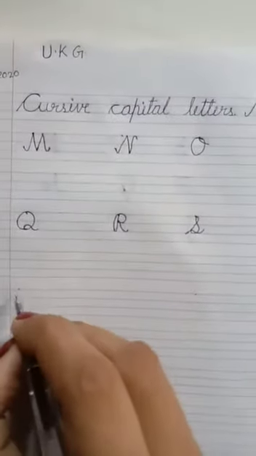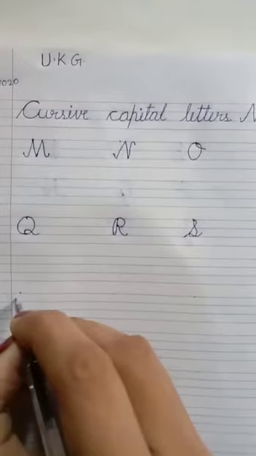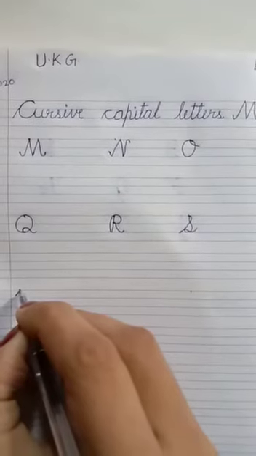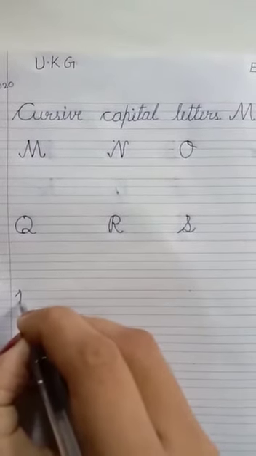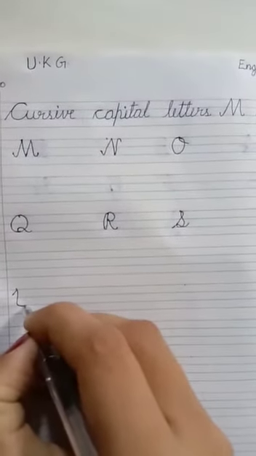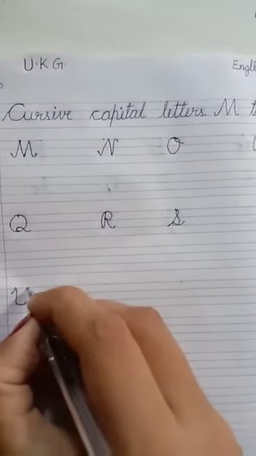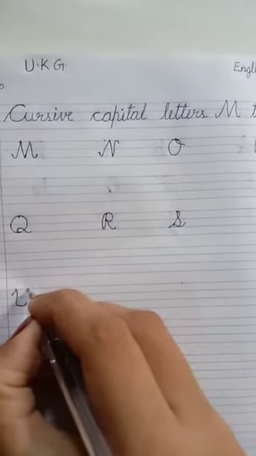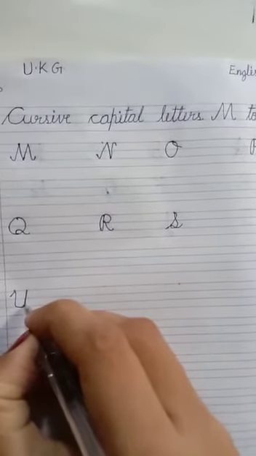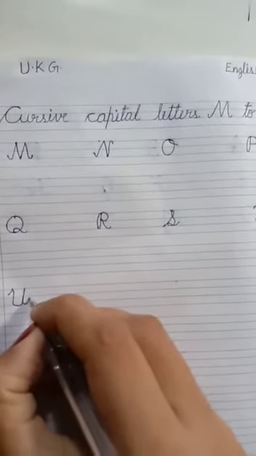U starting on the first line with a curve and finishing on the third line. Okay, like this till we reach on the top line and we finish off with the slight curve when we reach on the third line. Okay,